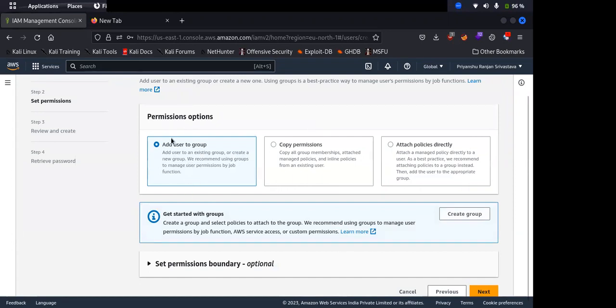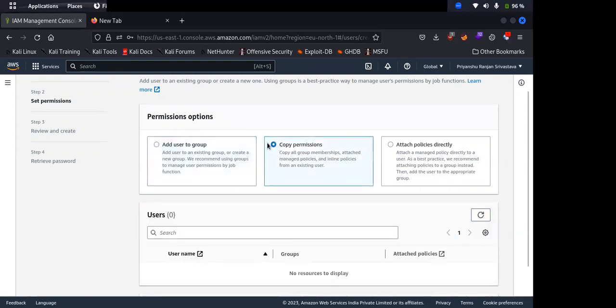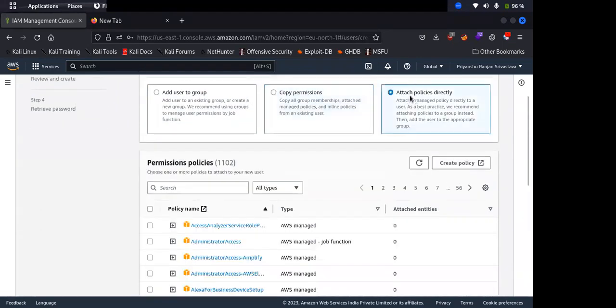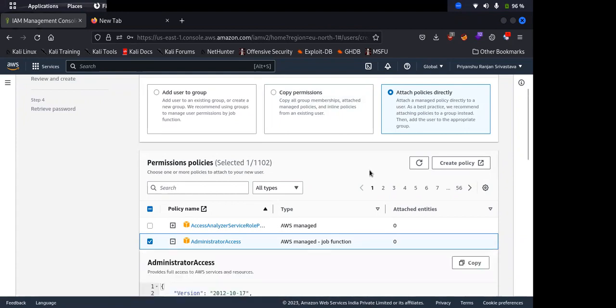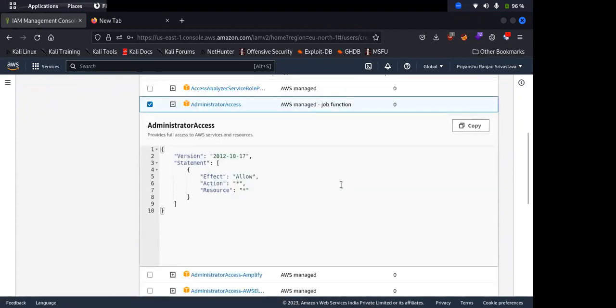and currently we don't have any group, so you can directly give permissions, like by going to attach policy. So we will be looking into these as well. So let's say I want to make this user administrator. Administrator access permission is the most permissive permission, like the sudo user which we have in Unix. So this particular user will be able to perform any operation on any resource,